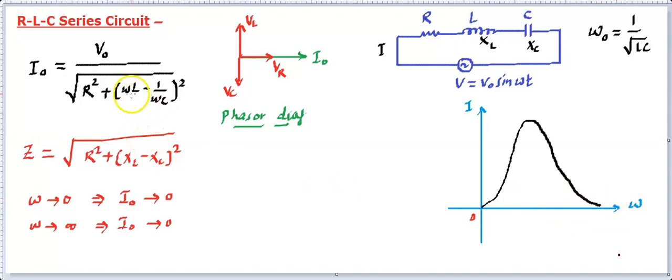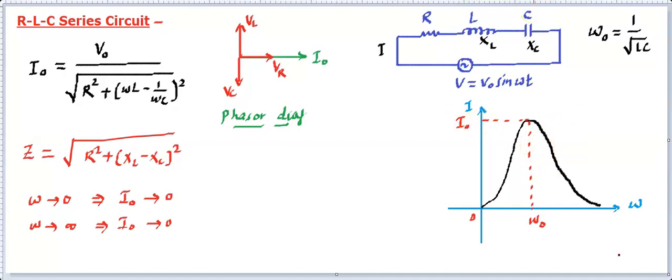So there's a particular situation where this I naught becomes the maximum current, and we have just understood this maximum current is achieved at that frequency, which is called the natural frequency omega naught. That means this must be omega naught, and in case of omega naught you will find this current is going to be maximum, or the amplitude is going to be maximum. So I naught max you can call it. I'm calling this the maximum amplitude.